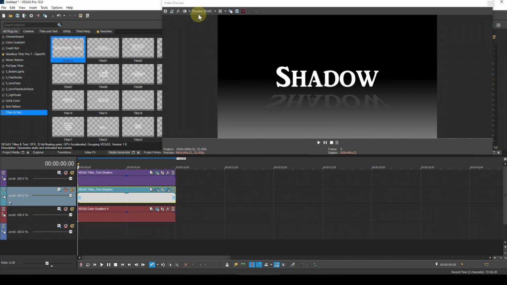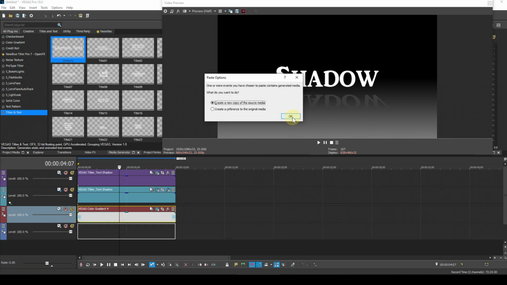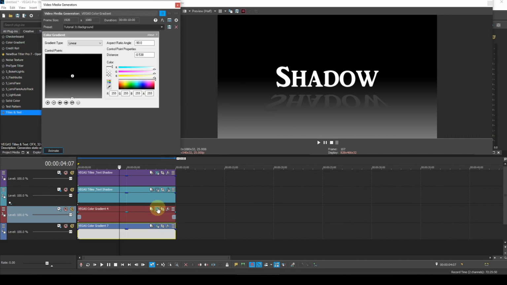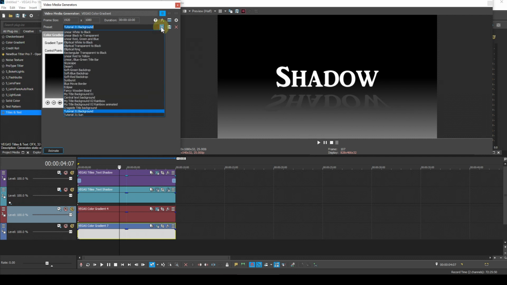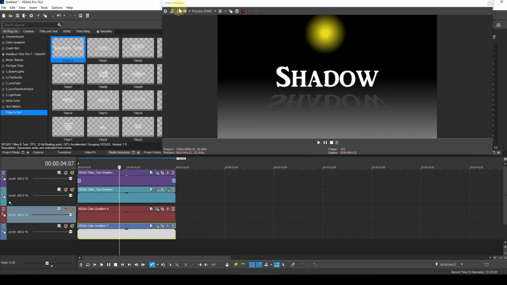Now for the extra touches. I'm going to copy this colour gradient down onto track 4. Open up the properties for the gradient on track 3. And look for a preset, Tutorial 31 Sun. I'll just close that down